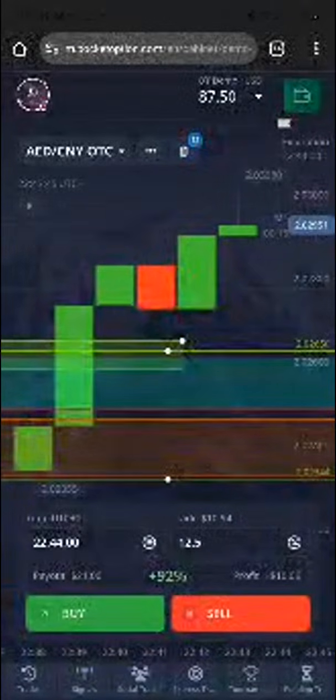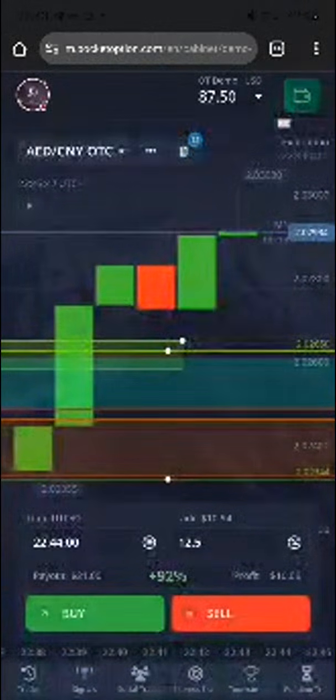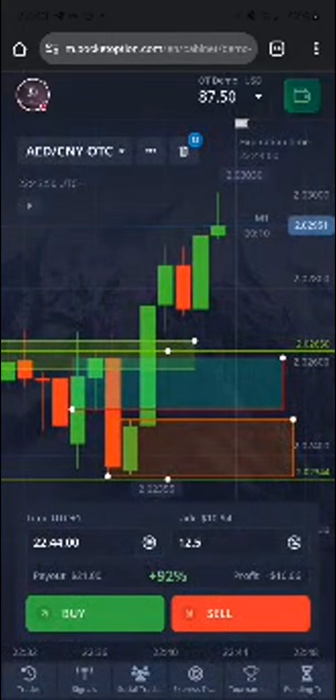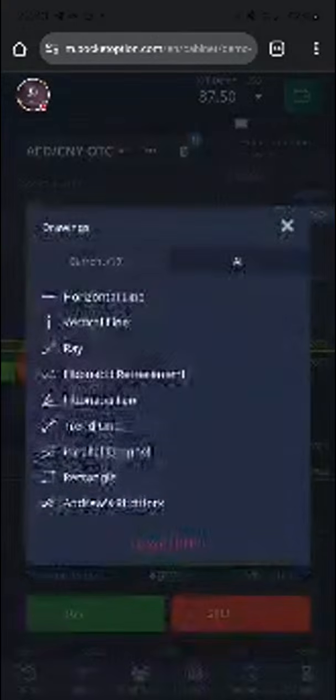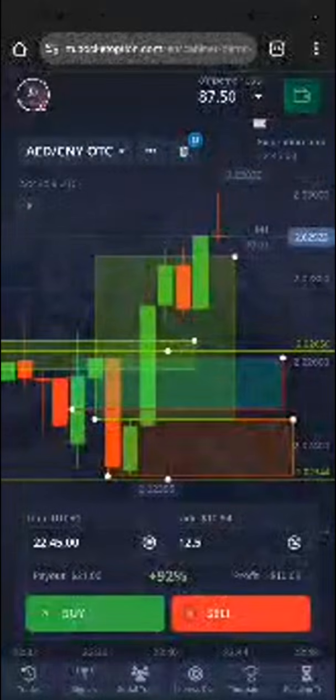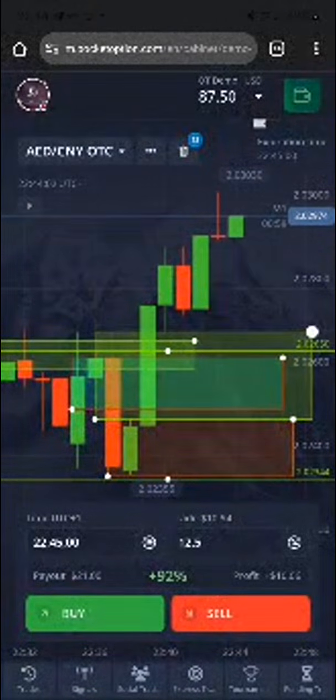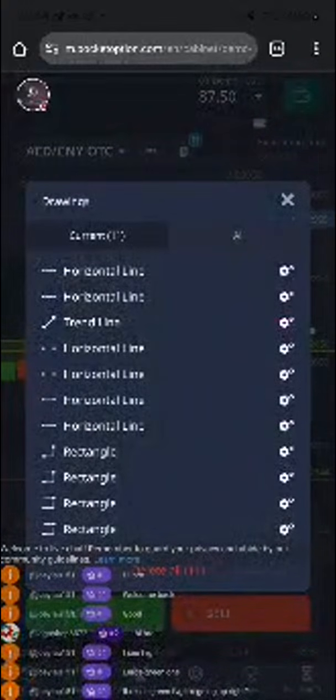Yes, large green candle. So down here, this one I just marked now is an order block. The one above it is the fair value gap. I don't want to mess the screen up with too many markings. Usually I don't mark fair value gaps. I just mark the order block, because usually it's the order block I trade. I don't trade the fair value gap. But for the sake of this class, I'll mark it. So this is the fair value gap.